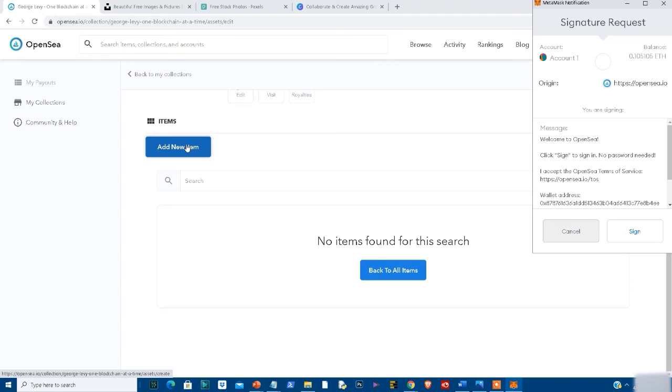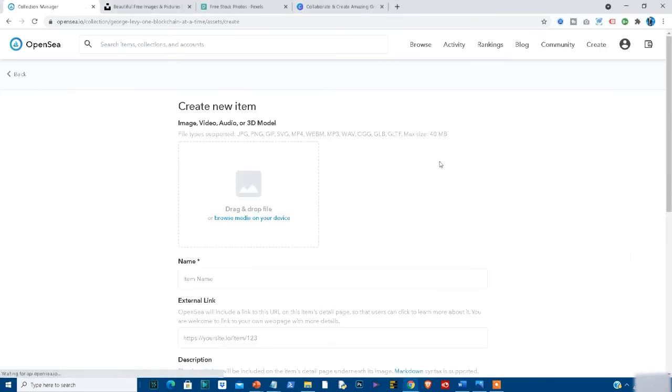Remember, you're creating a non-fungible token and you have to assign ownership to it. So when you create this NFT, you are going to be the owner of this piece, and then it can get transferred to somebody else that actually buys it. So for this moment, I'm going to be signing it and letting them know that I want to